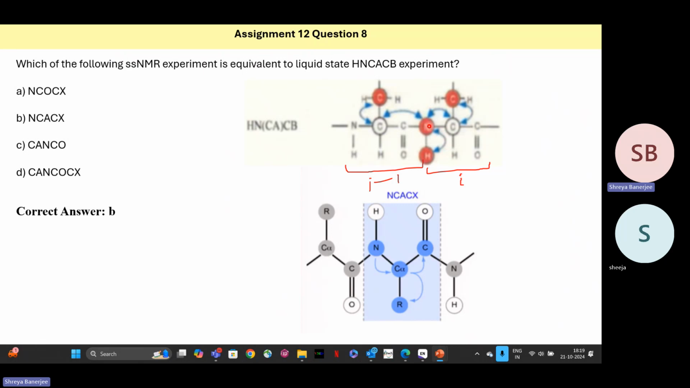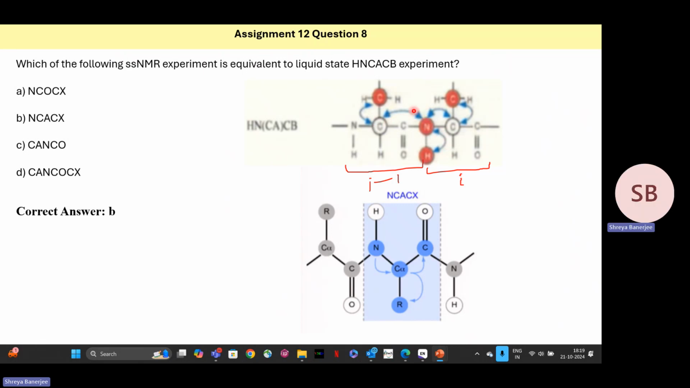It is transferred to the N of the I residue. And from N, it goes to C alpha, both the C alpha I and C alpha I minus 1. And from the C alpha, it can then go to C beta I minus 1 and C beta I. This was the case in liquid state NMR. But we know in solid state NMR, we cannot use hydrogen because hydrogen gives very broad spectra, and so the resolution is not good. So in solid state NMR, the equivalent experiment is